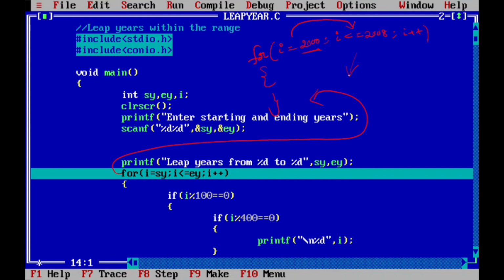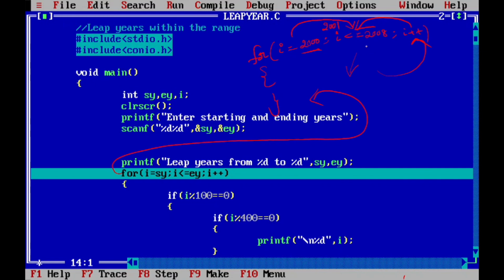After execution of these statements, control goes to the incrementation. I plus plus means the I value 2000 becomes 2001. Now the I value is 2001. After incrementation, control comes back to the condition.